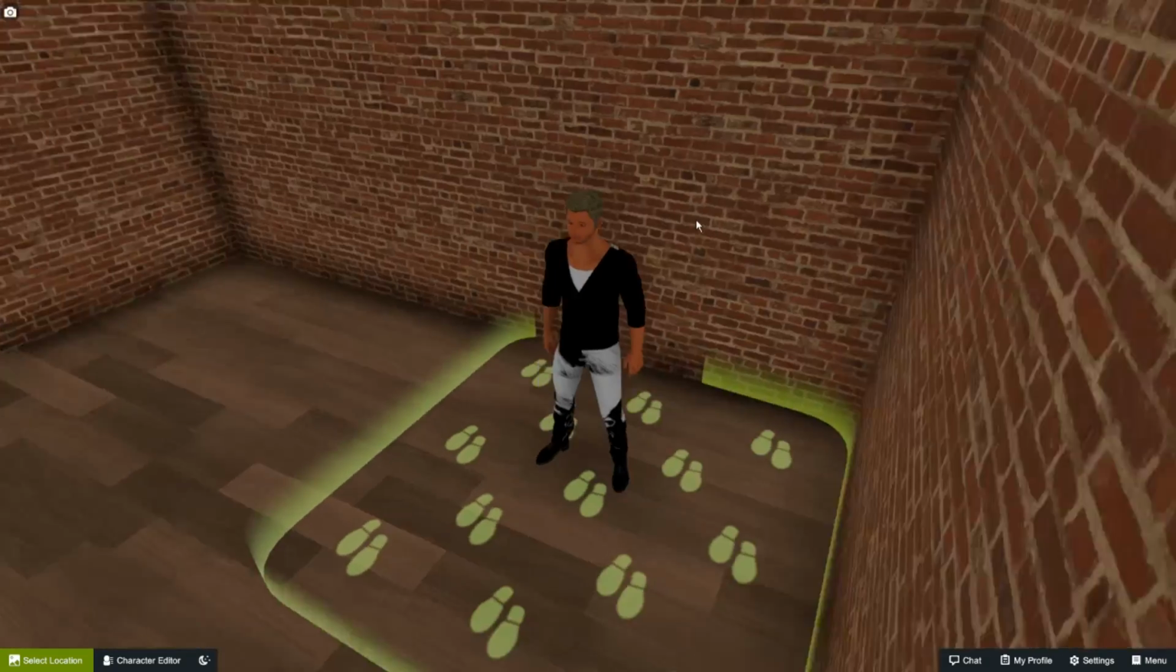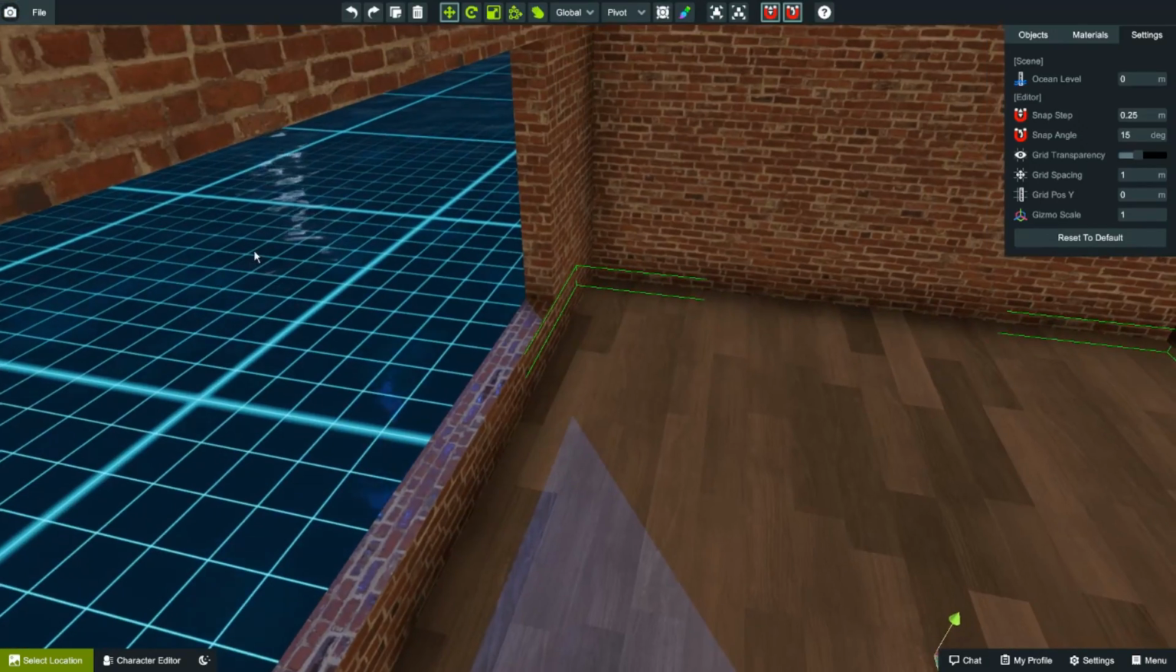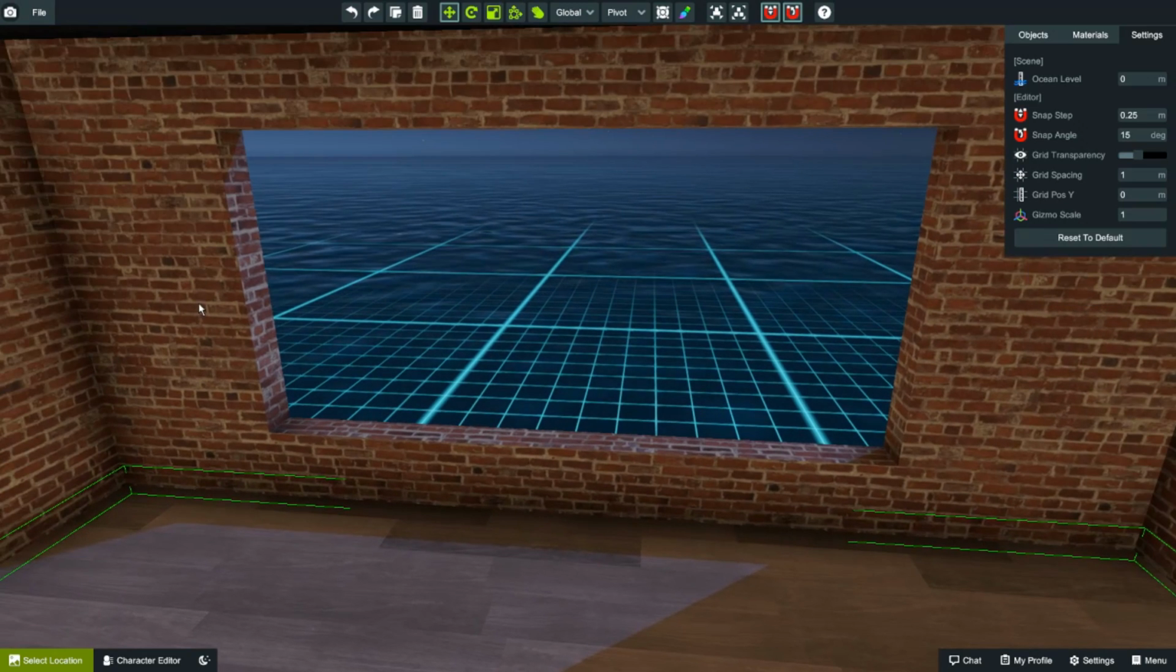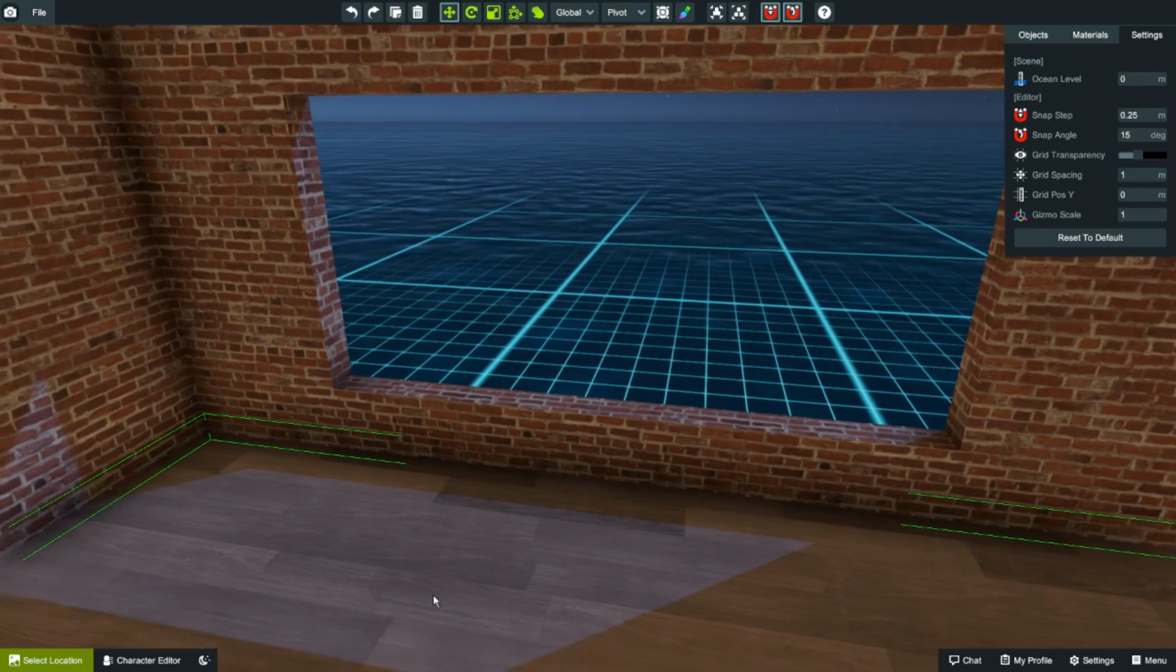I don't know why he doesn't want to move now. But yeah, now we need to place the glass inside here. And how do we do that? So,